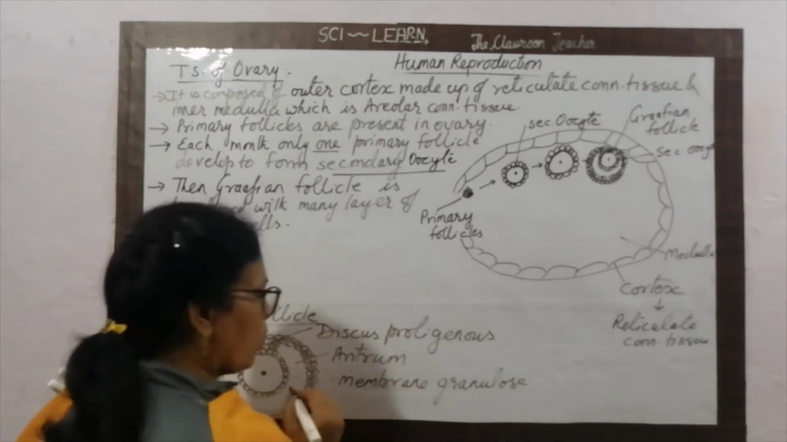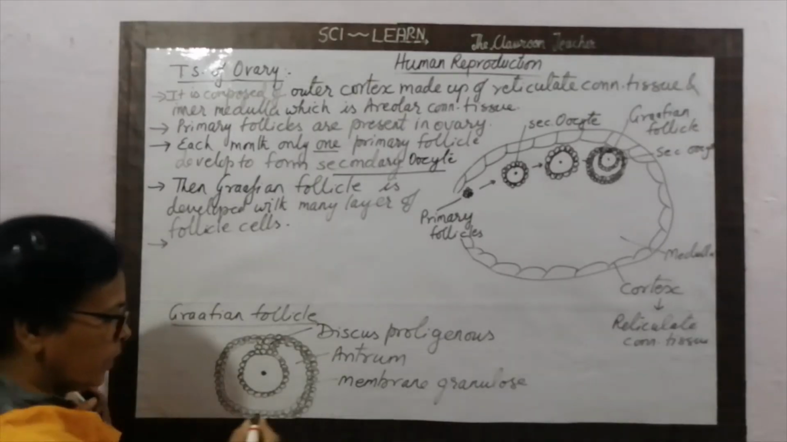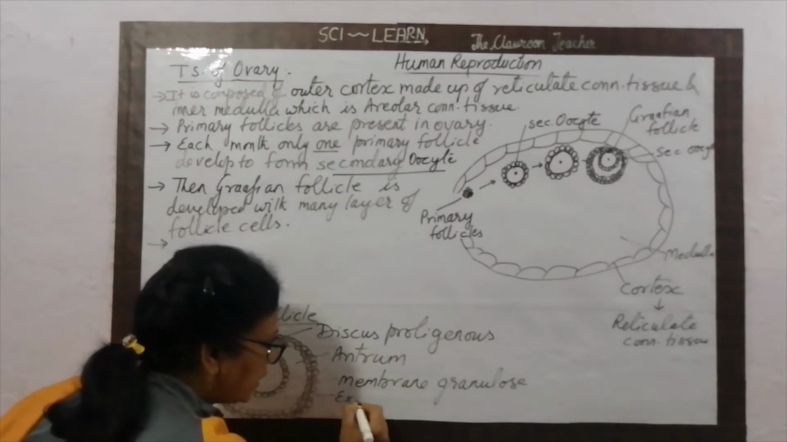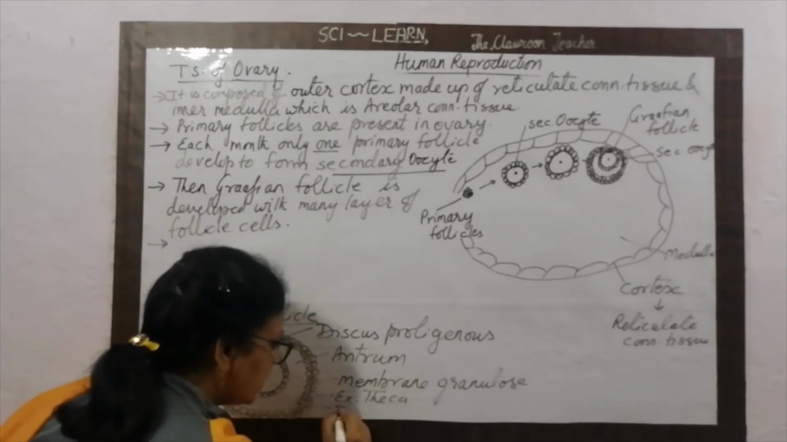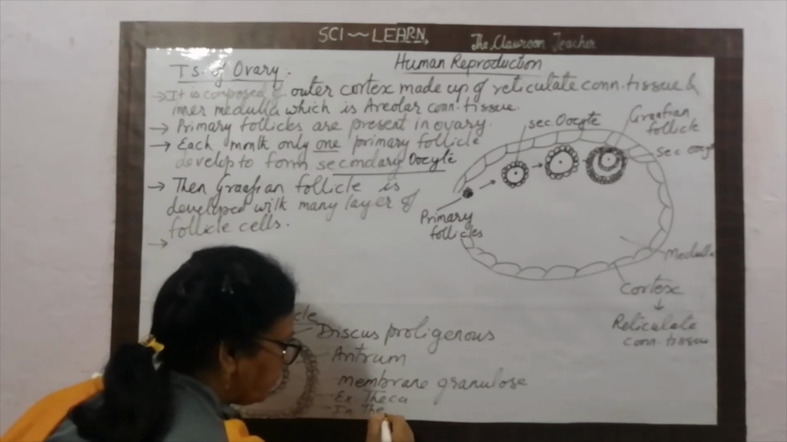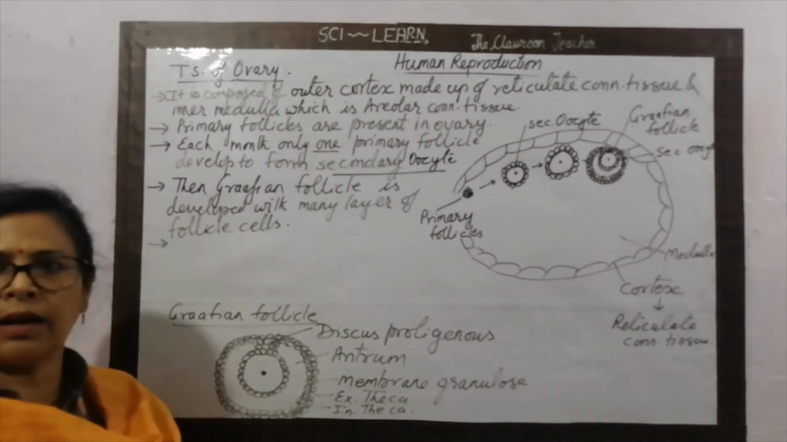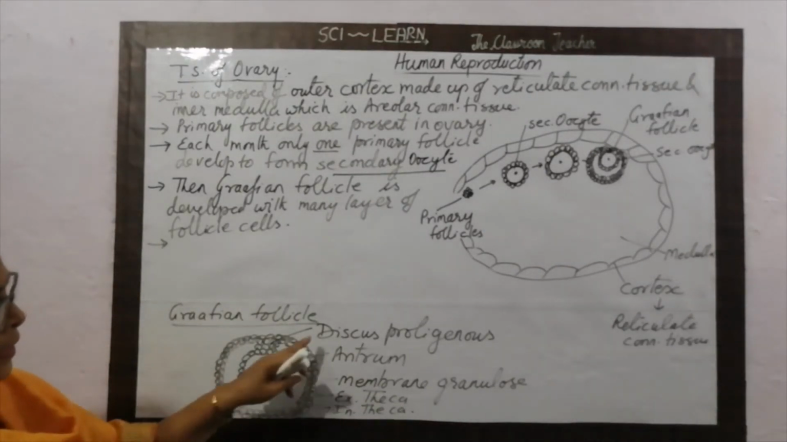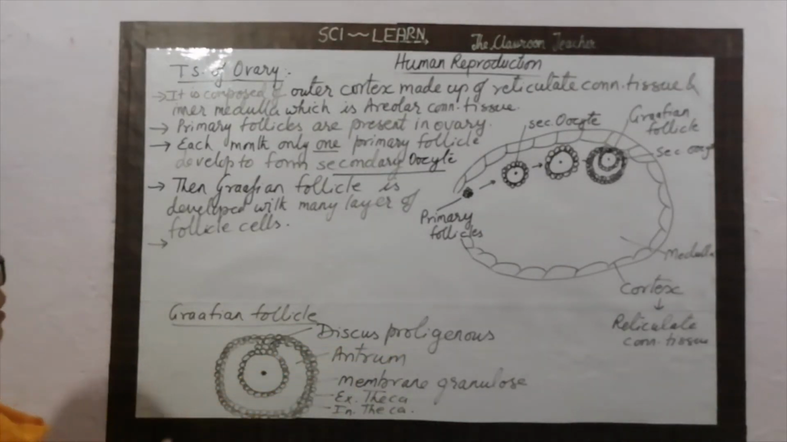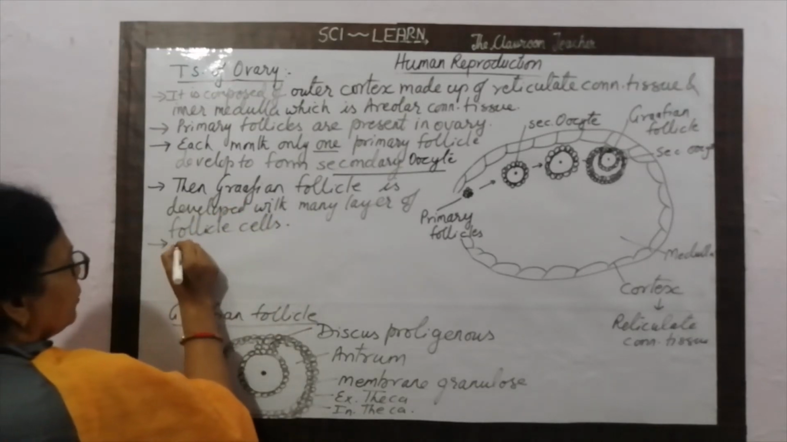And the membrana granulosa is made up of two layers. This is called external theca and this is called internal theca. External theca and internal theca. What happened actually? The discus proligerus present in the Graafian follicle,